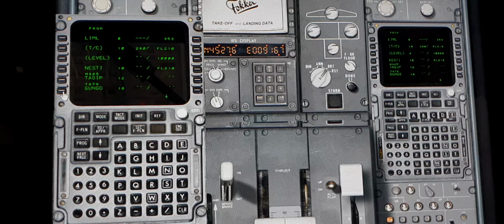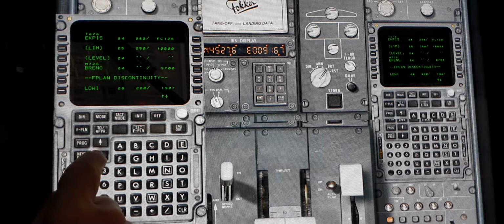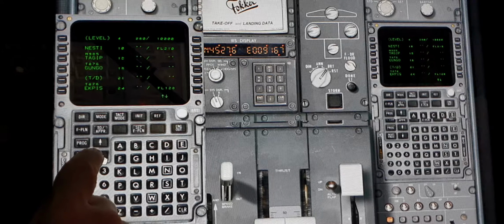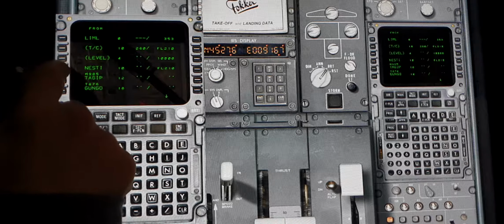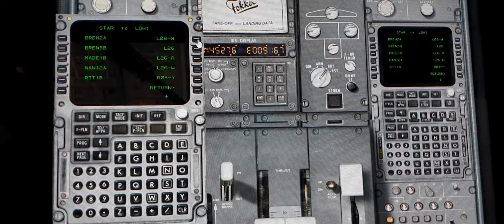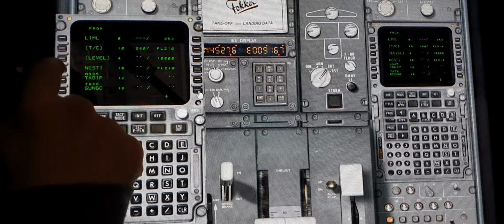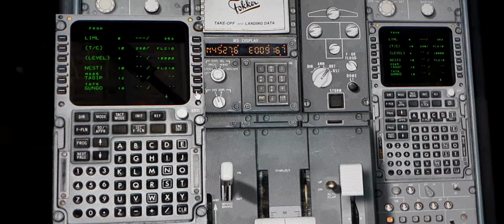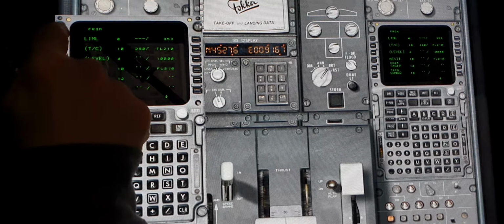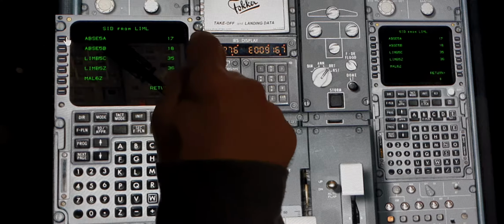Okay, we insert all the waypoints, and we have all the waypoints of the route until Breno on the FMC. Now we have to set the standard departure from LIML, standard departure from runway 18